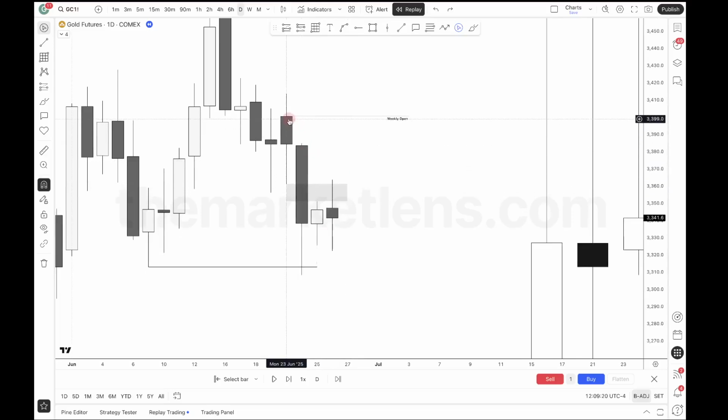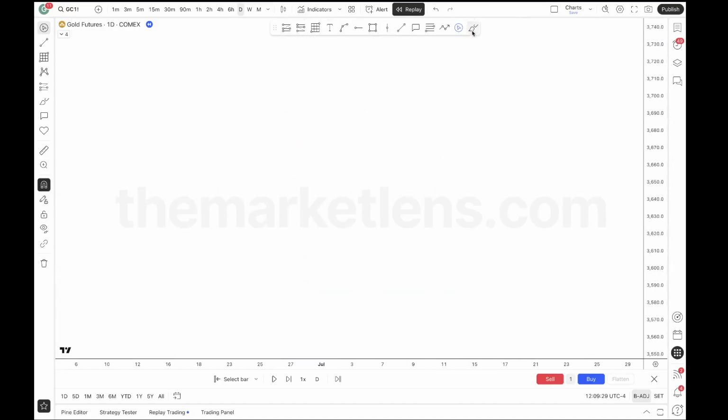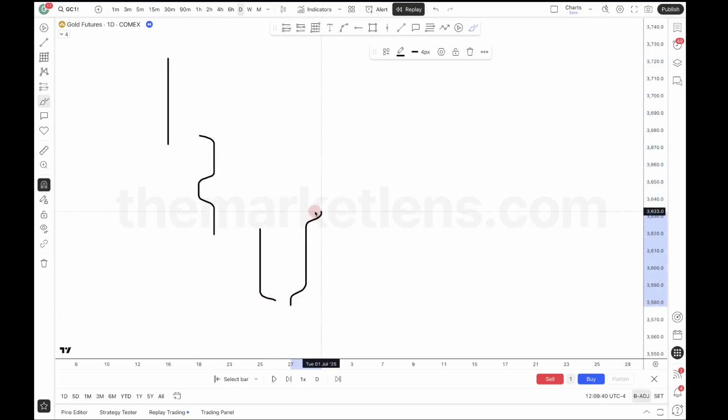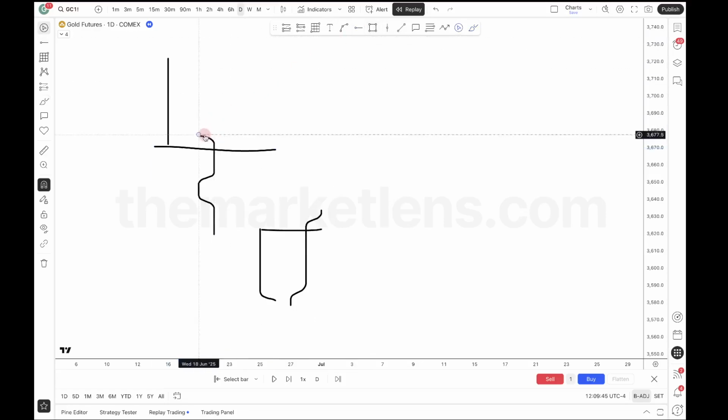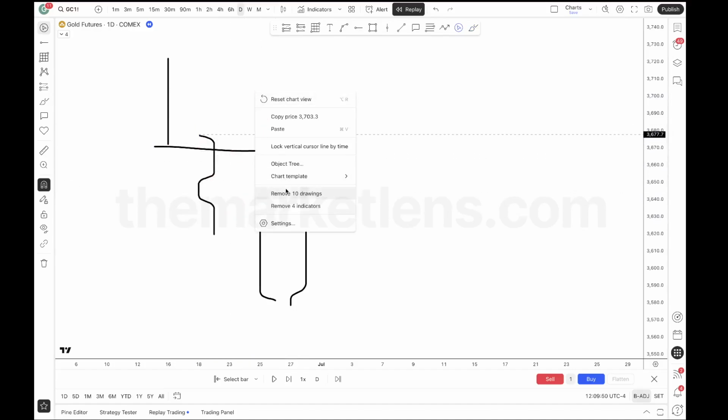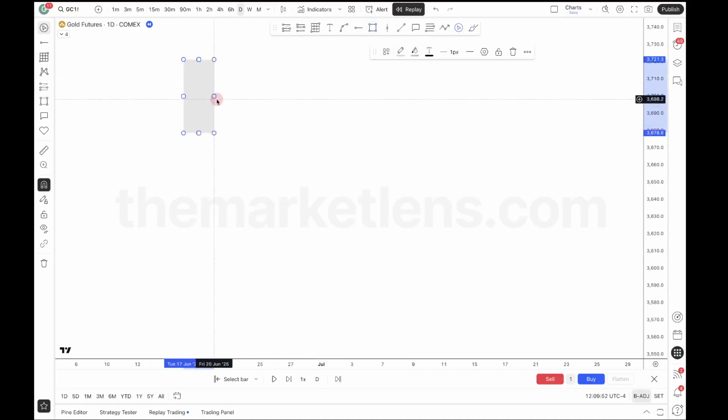This happens a lot when either like Monday and Wednesday create a gap like this, where all 3 days expand lower like this, or maybe it can look like this as well, where maybe, how can I draw this without messing this up? Maybe Friday expands, Monday expands, and Tuesday expands, and then Wednesday trades into this gap, right? Where maybe Monday's high is like right here. But if we're going, so this is the worst drawing of all time. But let me try to draw this, man. Let's say this is Friday.